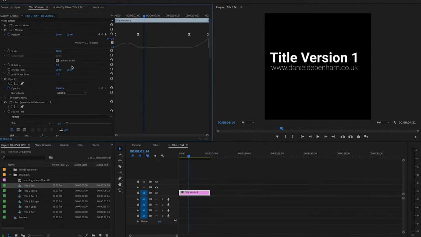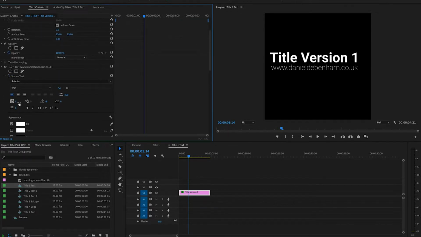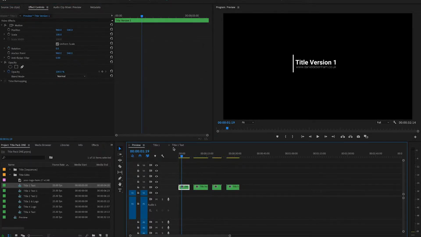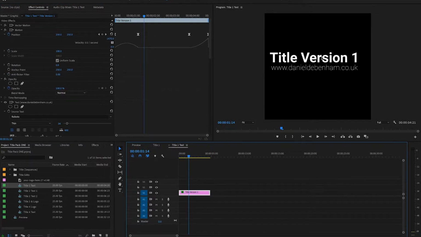So what you can do is you can basically just change the colour, opacity, where they sit, etc., and you can do it straight from there. And as you do that, it changes live in the preview. So in the preview, the text will change. So for instance, if I change this text here,